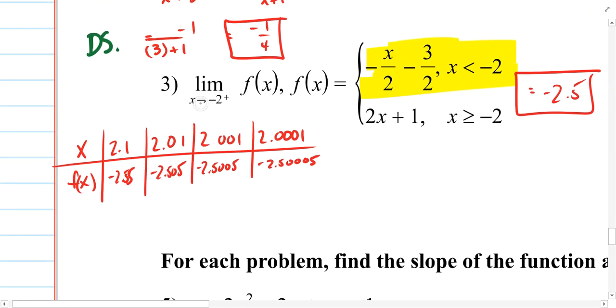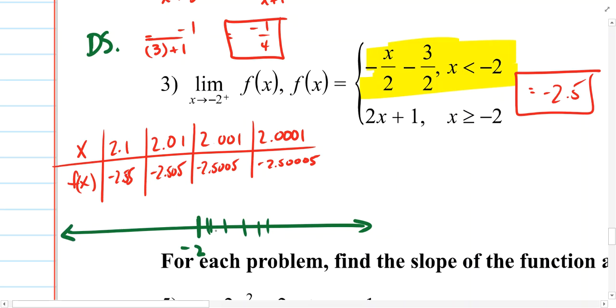For number three, we are looking for the limit as x approaches -2 from the right. And I think I just recognized an error here. Well, let me just explain what my thoughts were, and then we'll try to fix this in this video here. Since we are approaching -2 from the right, what I should have done is either jotted this down or made a better mental note. If this is -2 on the number line, -2 from the right would be approaching from over here. And while we've got -1 and we're approaching -2, we should be thinking about numbers